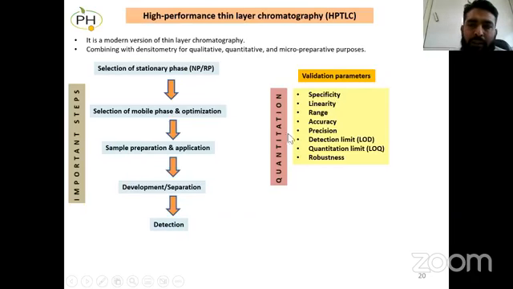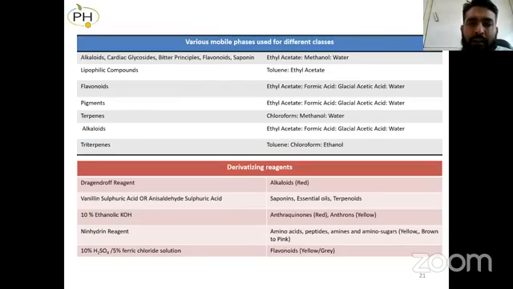And in HPTLC also, we can validate the method. For quantification, validation is necessary, and these are some of the validation parameters which have to be carried out. These are the several mobile phases for different compounds. Whatever compounds you are going for, you have to choose the mobile phase according to that. And if some compounds do not,